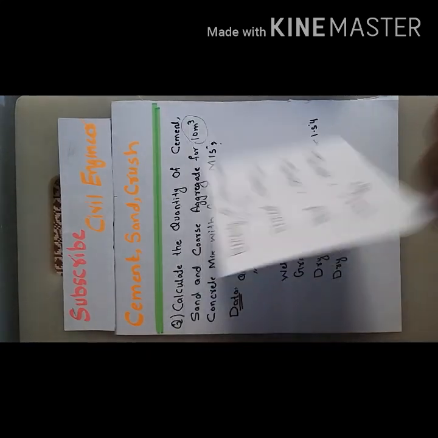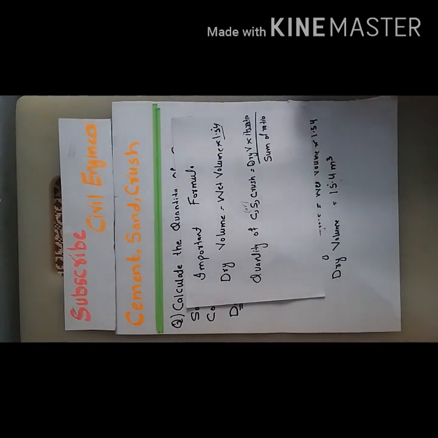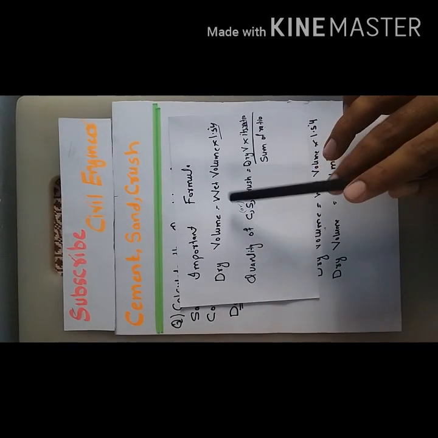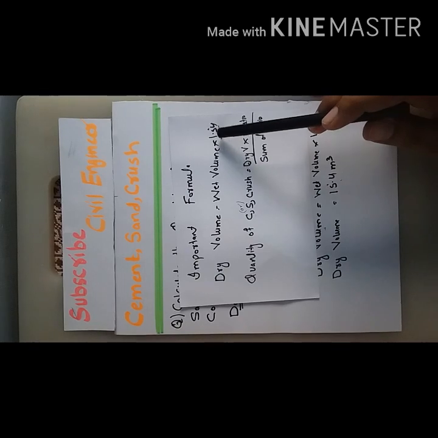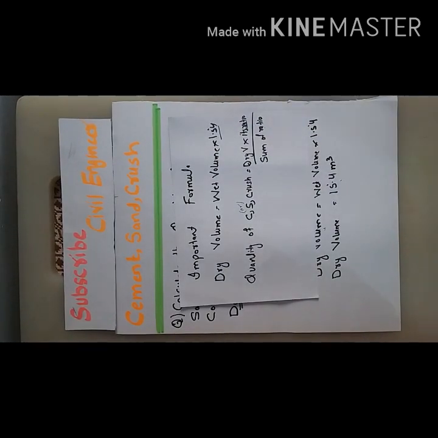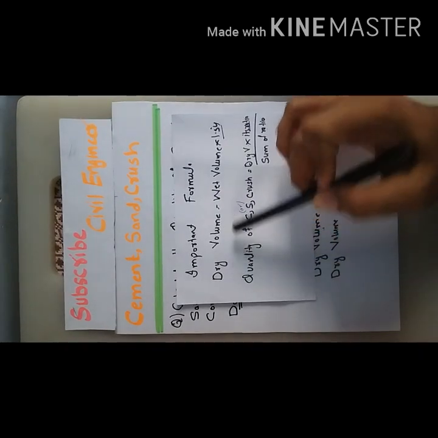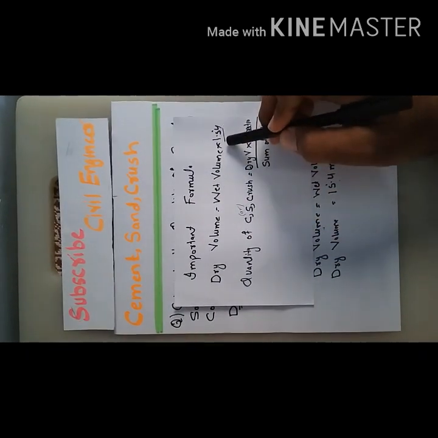Also, the other thing that an engineer must know, two important formulas for this purpose. One is dry volume, which is equal to wet volume multiplied by a factor 1.54. Viewers, for calculation of cement, sand and aggregate, we need dry volume, not wet volume. And what is wet volume? If we say 10 cubic meter concrete, the 10 cubic meter concrete is actually its wet volume. Concrete is in wet volume, but for calculation of cement, sand and aggregate, we need dry volume, and for dry volume we have to multiply wet volume with 1.54.